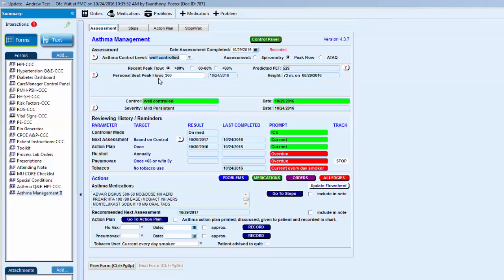There's also an option for the patient's personal best peak flow. In this case, this patient's personal best peak expiratory flow is 300. Below shows history and reminders, whether or not the patient is on a controller medication, when they've had their assessment for their asthma, whether it's been well controlled or not, when the last time they've had an asthma action plan